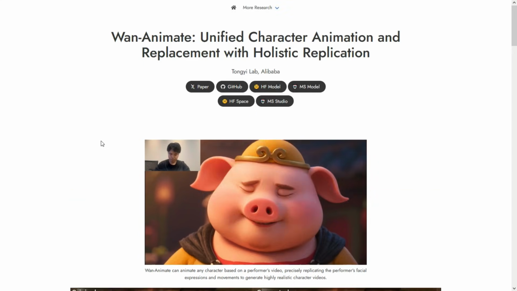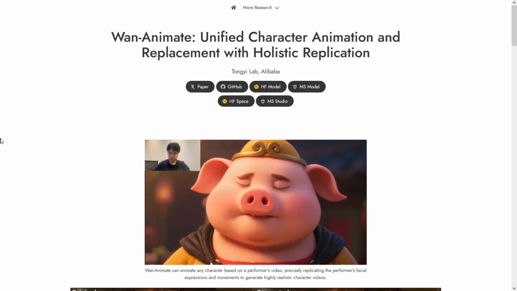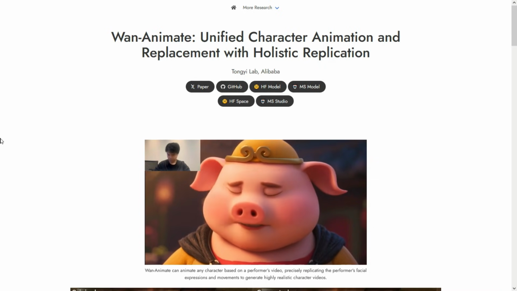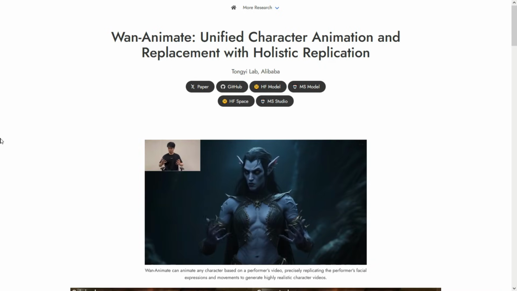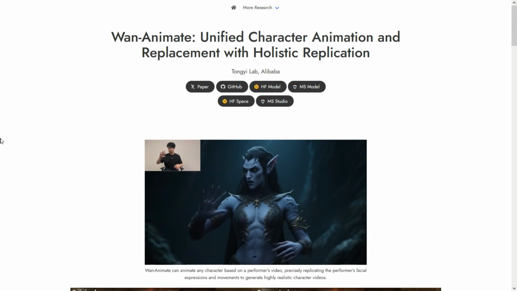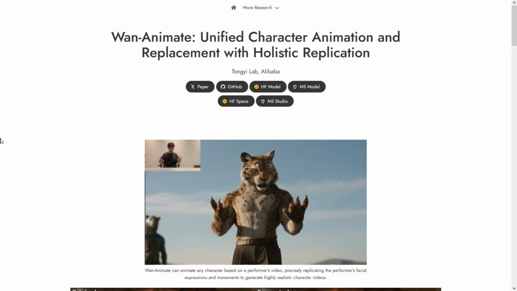Today, we're testing a new model called WAN Animate, a unified framework for character animation and replacement. With just a character image and a reference video, it can animate your character, accurately replicating expressions and movements with high fidelity. It can also seamlessly replace characters in videos, matching lighting and color so the character feels naturally part